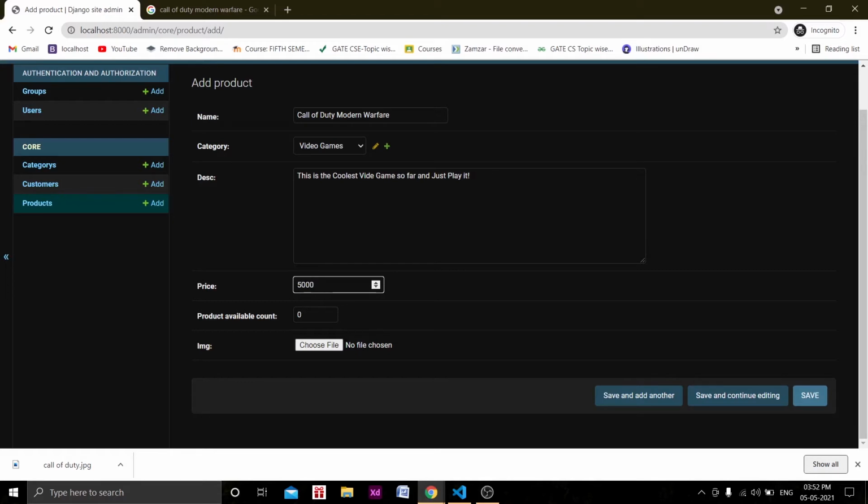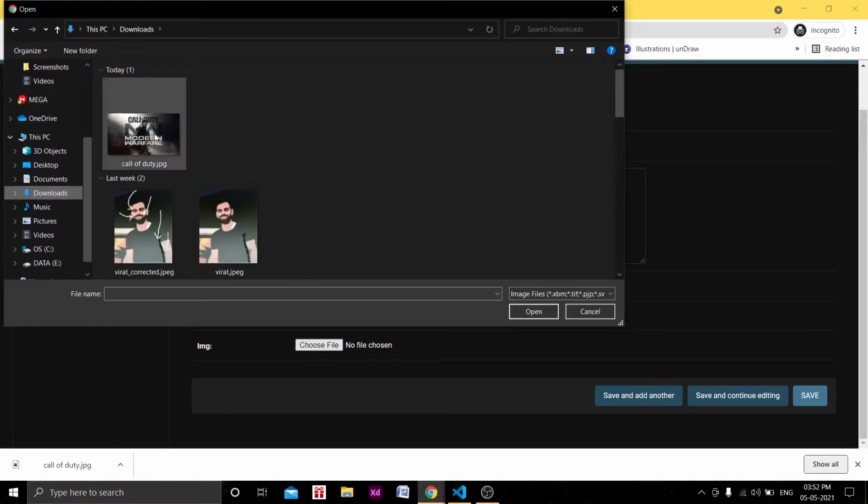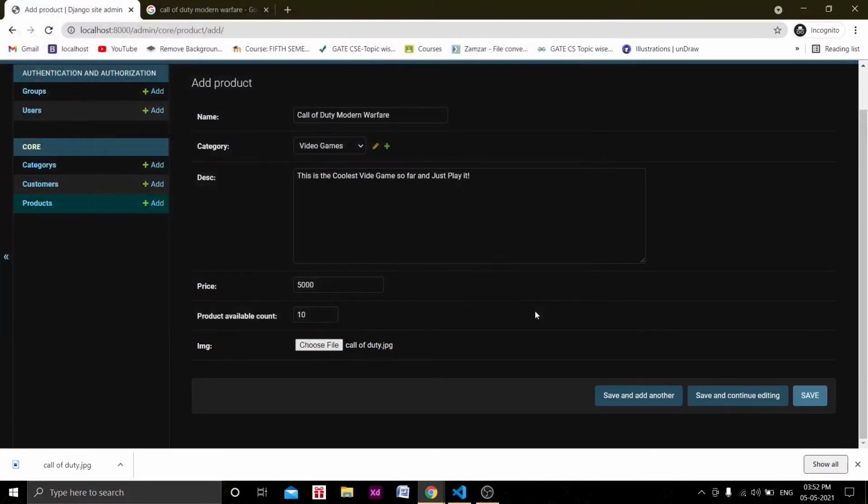You can add anything. Although it is a float, you can add a 5,000 value. It will be rendered as 5,000.00, right? Product available count, suppose I have 10 CDs. And for the image field, let's check the downloads section. I have Call of Duty Modern Warfare, right? And we will save this one.